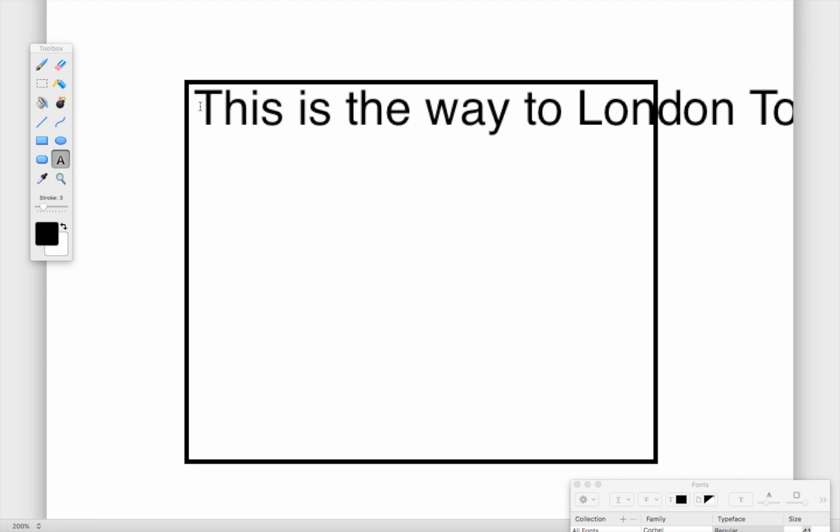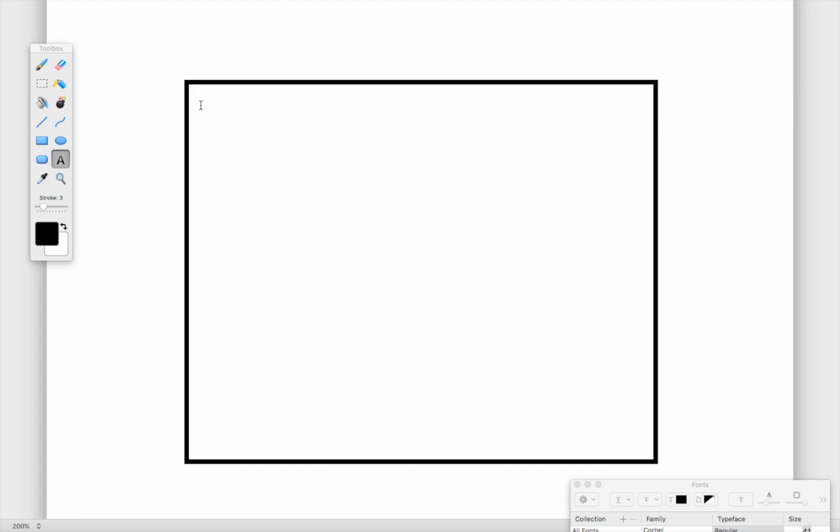But what are margins? If I put some margins here, let's say I put a gap from here to here and from here to here,